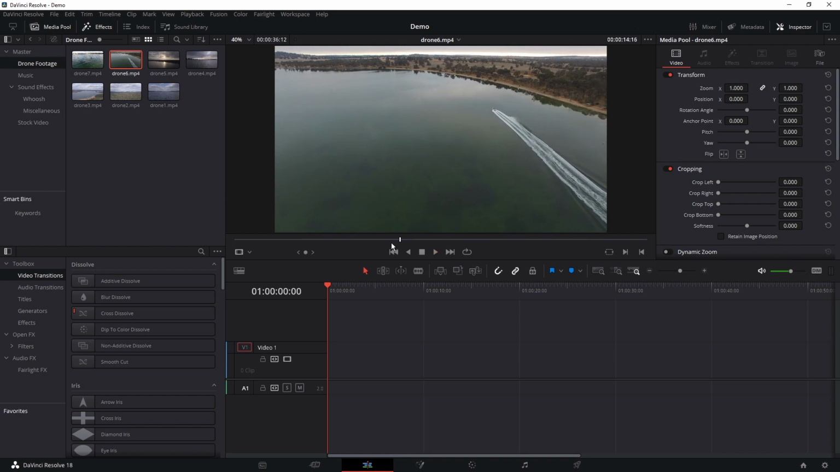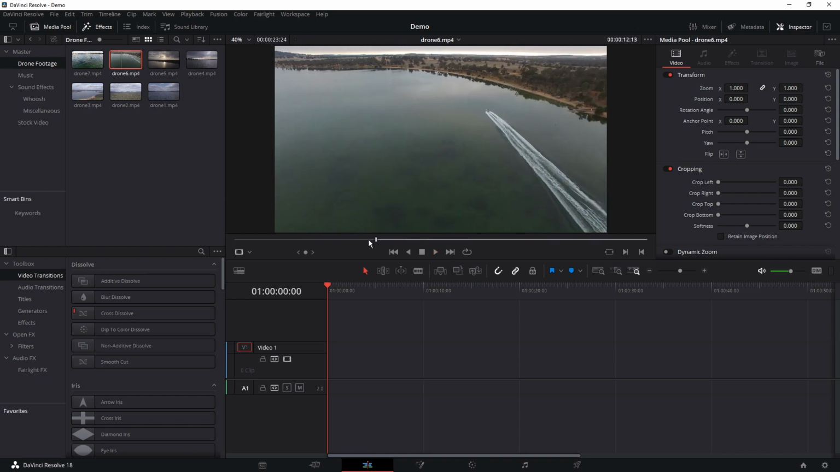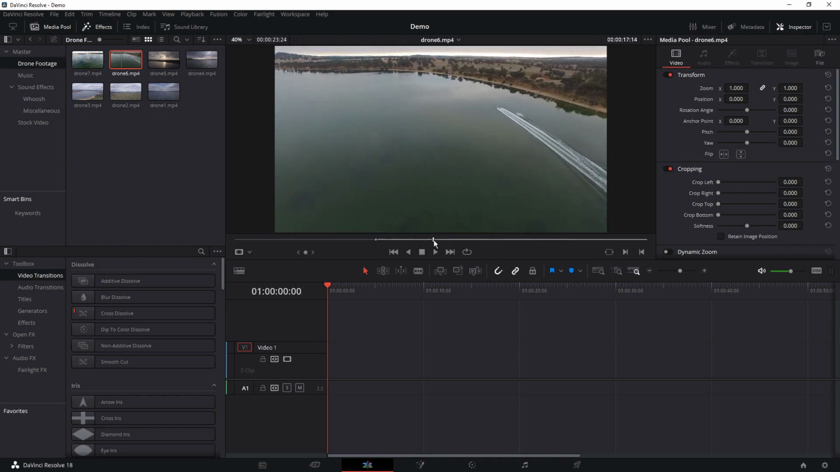So I'm going to say from about here, press I on your keyboard, I for in, and then we're going to just scrub across by just dragging along, and then O for out. So you can see the drone moves a bit there, so we don't want that bit. So I'm going to press O around here. Then we can just click on the picture and drag it in,